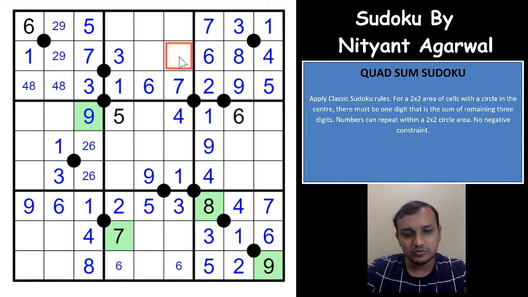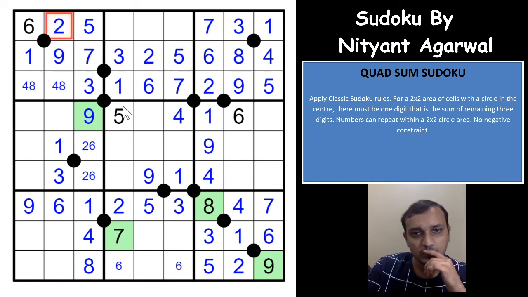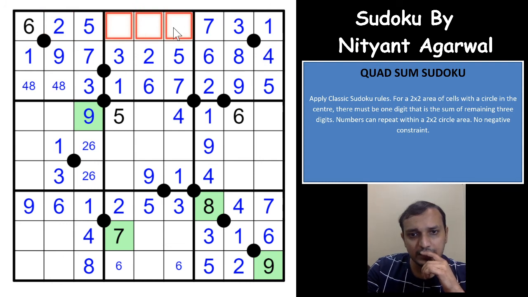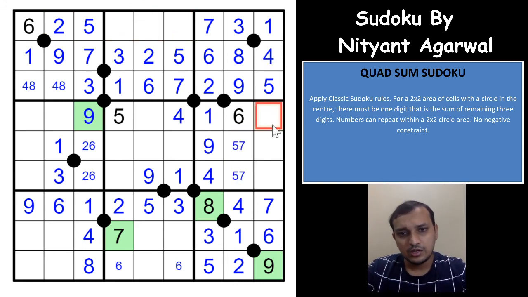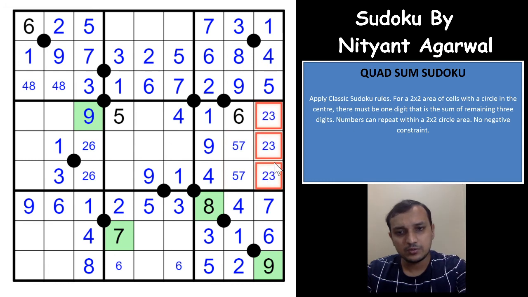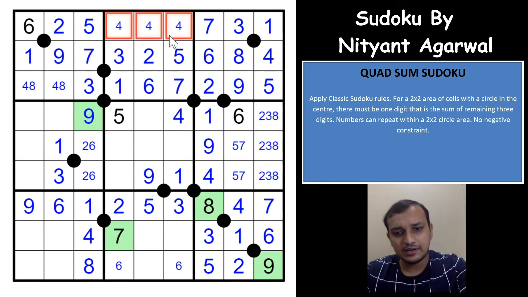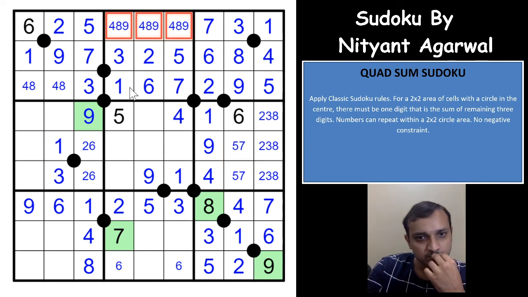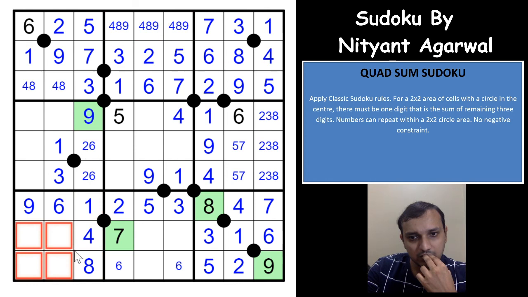2, 9 and 5. So that gives you a 5 here, that gives you 2, 9, 2. Okay. And 4, 8 and 9. Anyway, it is possible. I think so. This Sudoku should be easy now. This is 5 and 7 in any order, and this is 2, 3, 8 in any order. This is 4, 8 and 9 in any order. 2, 3, 7 and 5. 2 and 5 here. So 2 and 5 would have to be here.